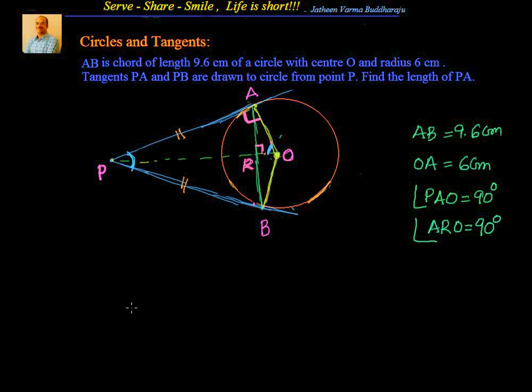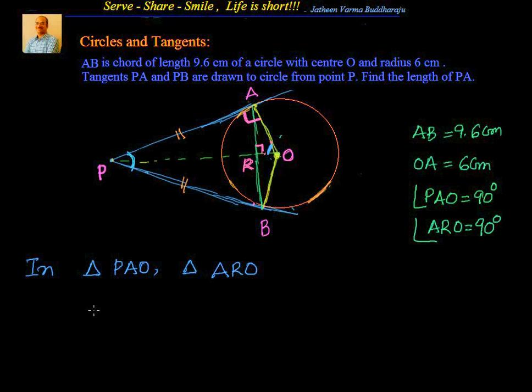Then if I take the corresponding sides, they should be in the same proportion. So let's write it down. We'll first prove it. We'll say in triangle PAO, comma, triangle ARO. Always remember, O is common, so it should come in third position only. Where you have 90 degrees, second, A. So here also you should have 90 degrees, that is at R.